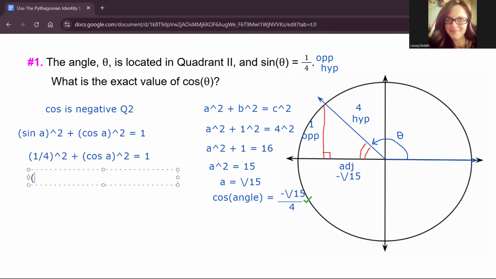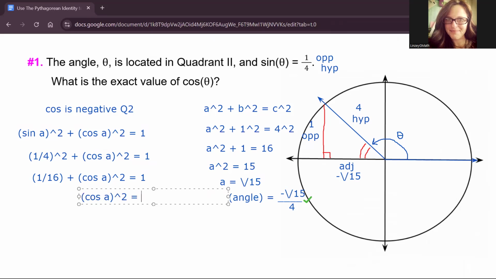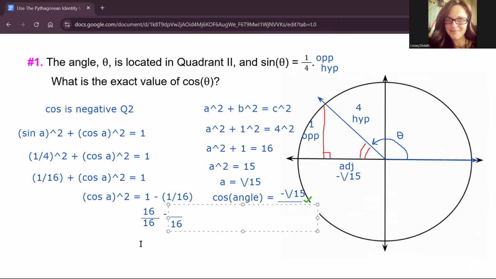1/4 squared is 1/16, plus cosine of our angle squared is equal to 1. We'll subtract 1/16. Cosine of our angle squared is equal to 1 minus 1/16. And 1 is equal to 16 over 16. We'll get a common denominator and subtract 1 over 16. And we get cosine of our angle squared is equal to